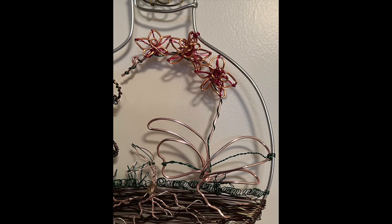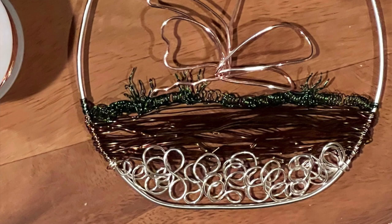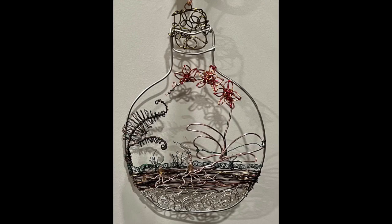The substrate of the earth is a pebble layer followed by soil and topped with moss and grass-like plants. I've used colored craft wire in 16, 18, 20, and 26 gauges and 12 gauge aluminum for the frame. I don't have much colored wire at hand, so it was primarily used as an accent. I've used some crystals as seeds. The chain and the hook are 18 gauge silver